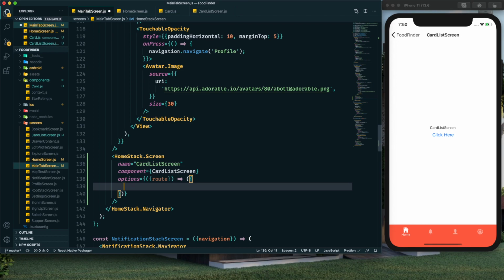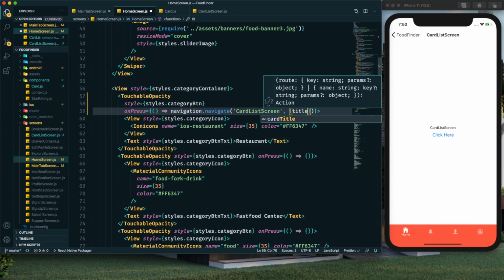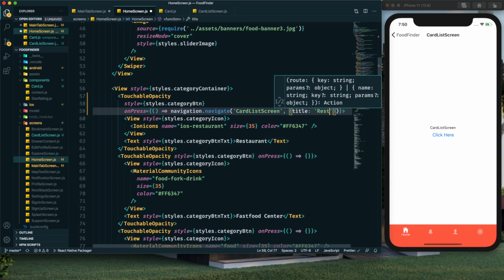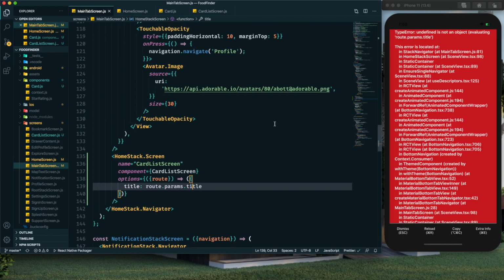So for the title I want to set it to the title parameter, which I will pass from this navigate. Here we can pass some parameters, and our parameter is the title, and here I want to provide this title. Now save it and save this tab screen as well.